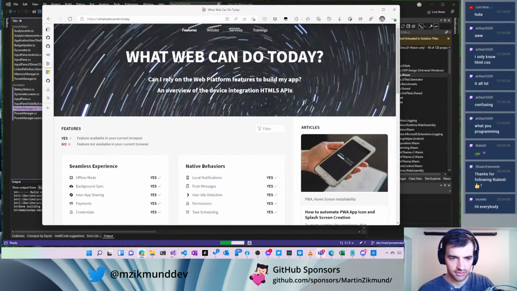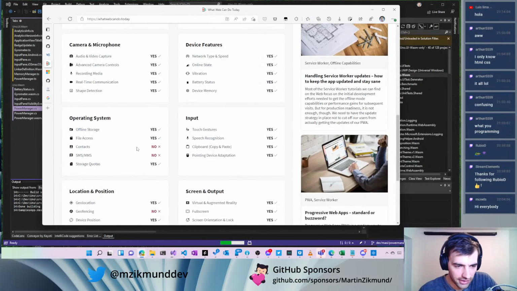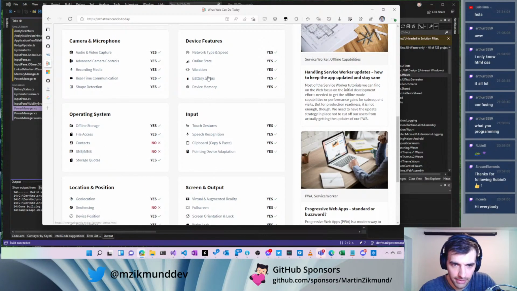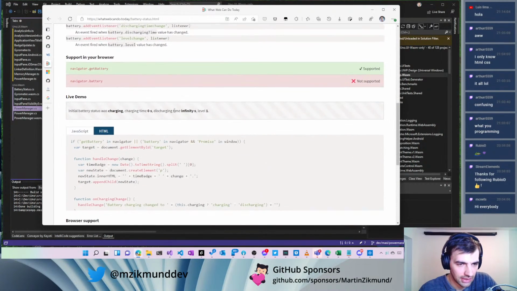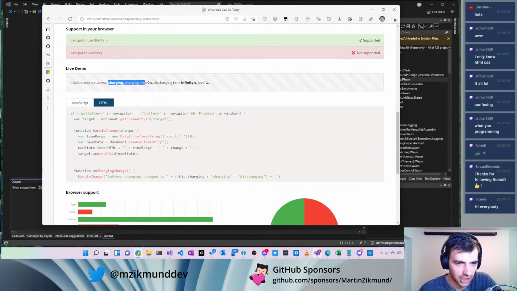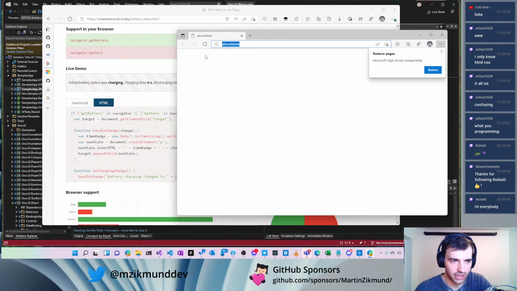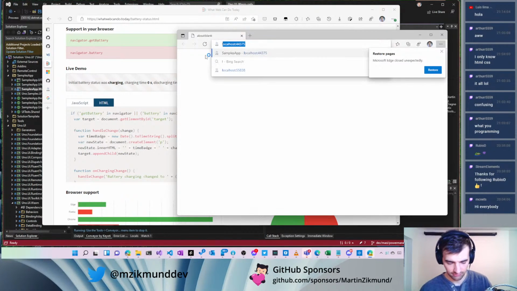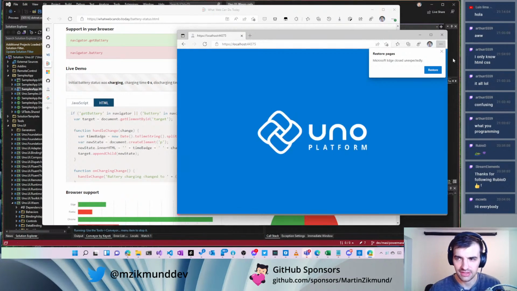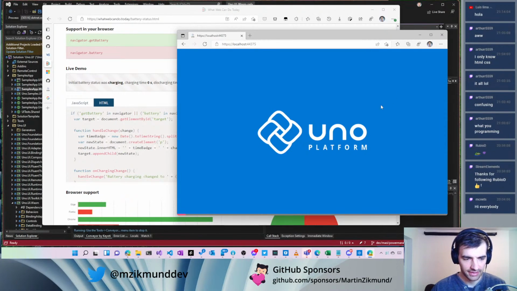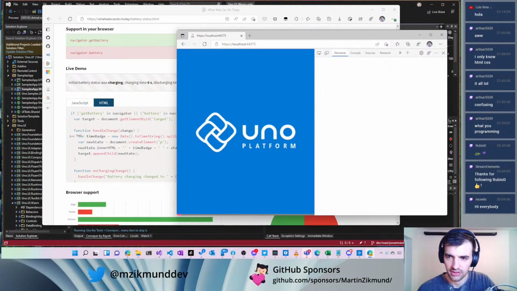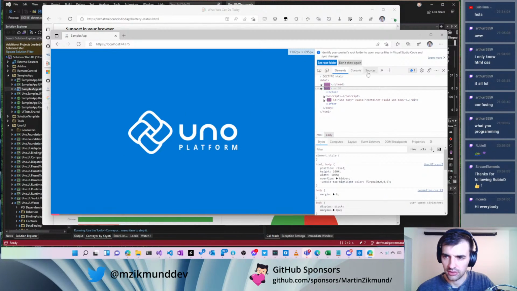Boom. So just to confirm, we have battery status, and we should be able to see that we are charging, and we have 100% charge level. So let's hope that the same thing will be shown in our case. And I can actually show it here in the console,